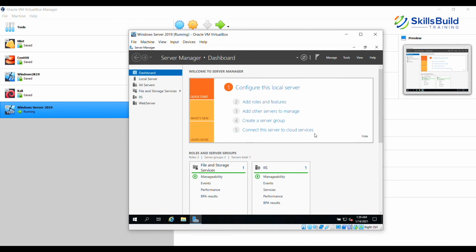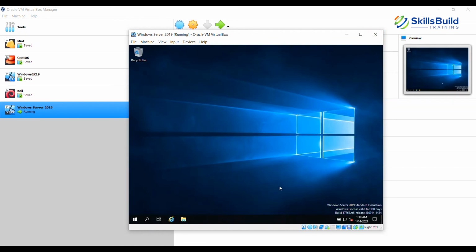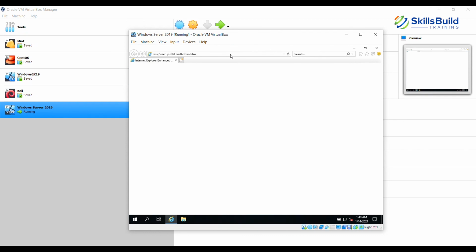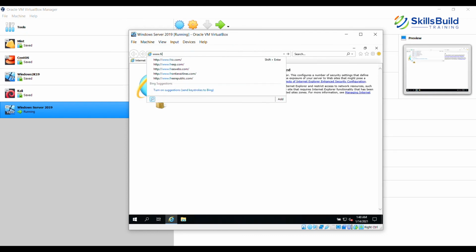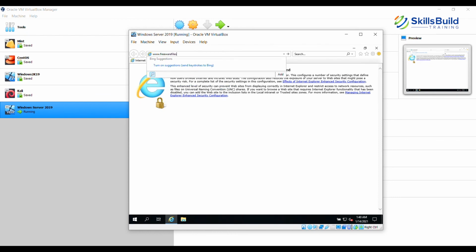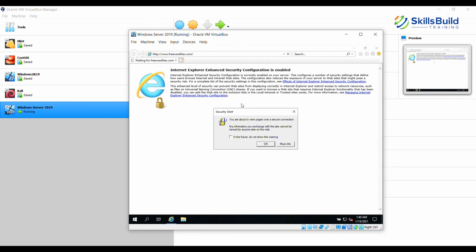Now, there is nothing difficult about installing any application on Windows Server 2019. For instance, I can simply go onto the network and go to www.freewarefiles.com. Let's see, I'll just download something and we'll do a quick installation.